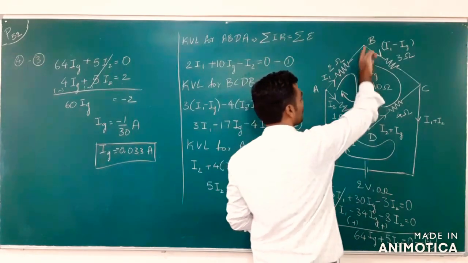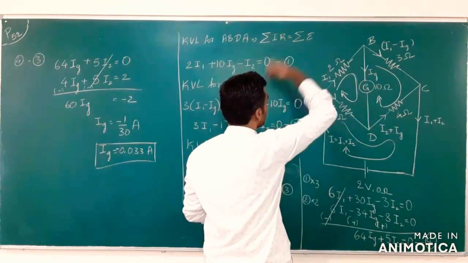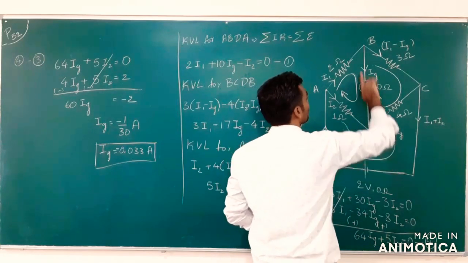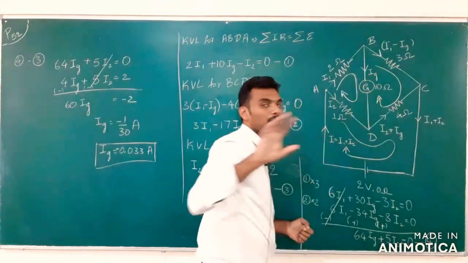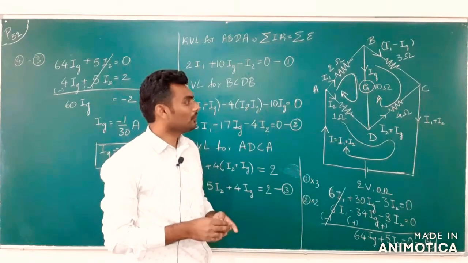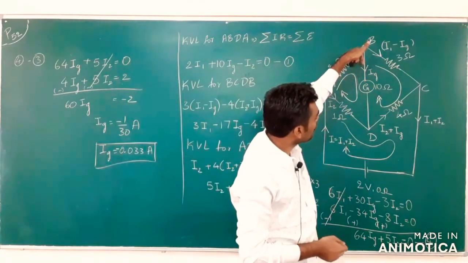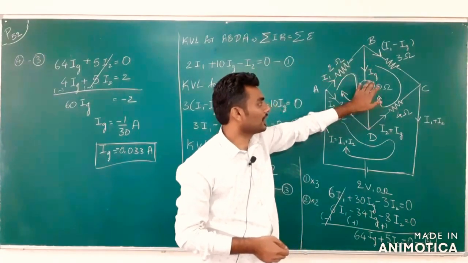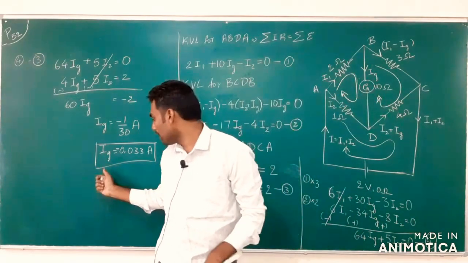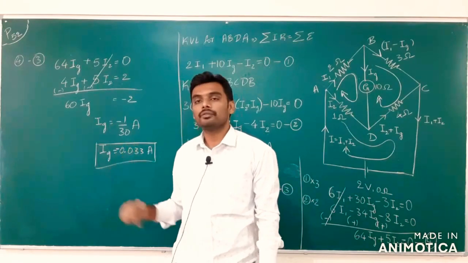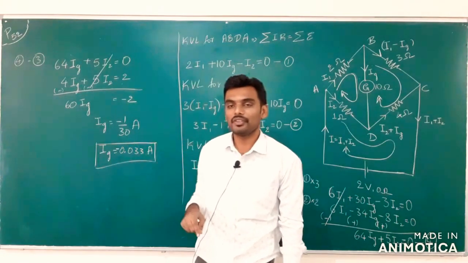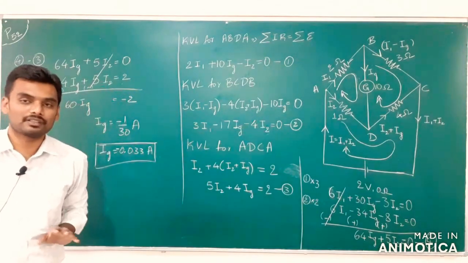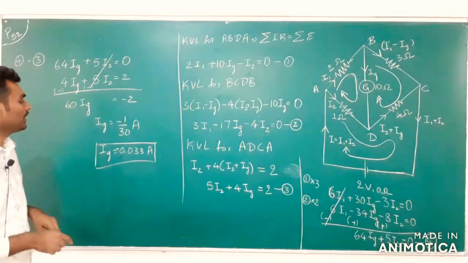Okay, if you consider, before you write all the KVL expressions, Ig direction like this, then the current will be like this, and hence you will get positive Ig. But what we considered is the direction of Ig in the opposite way, from B to D. That is why we ended up with a negative value of Ig, which means physically this much current is flowing in the opposite direction of our consideration. Okay, that is what is happening.